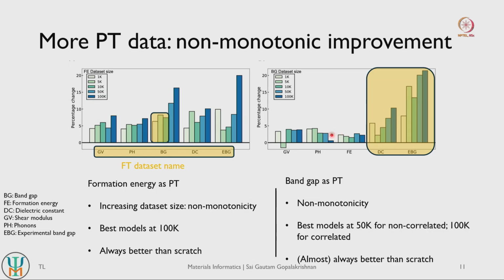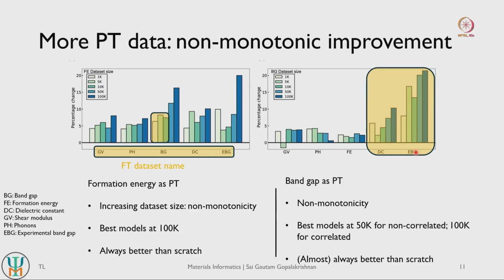So let me explain that a little bit, right. If we take the case of formation energy, we don't necessarily think that formation energy is highly correlated with band gap, right. So you can have highly stable materials which have 0 band gaps and also are insulators, right. So these two quantities are not necessarily correlated. In such a case, we see that if you use 50,000 data points during pre-training, that gives better performance than if you use 100,000 data points during pre-training.